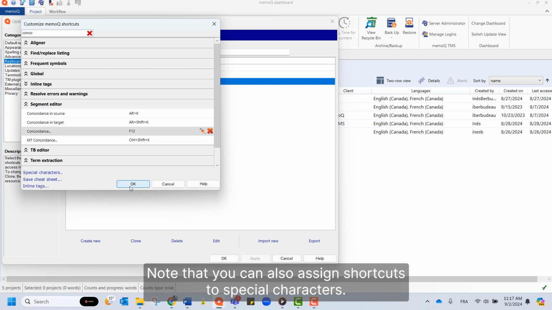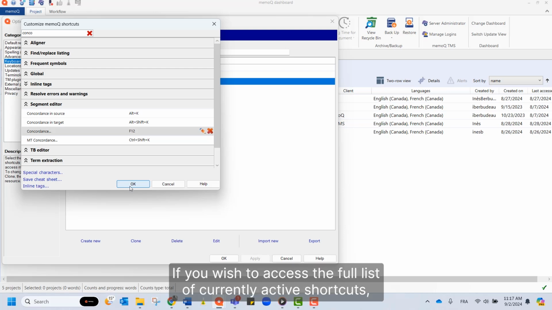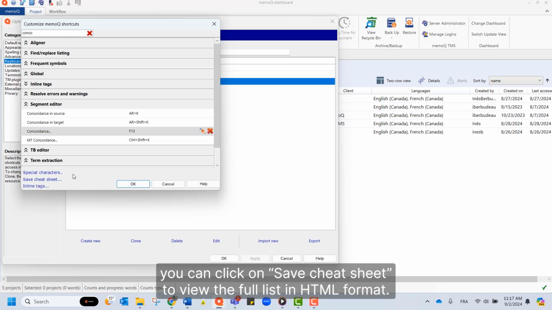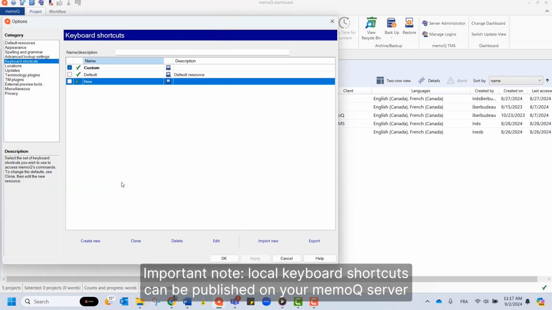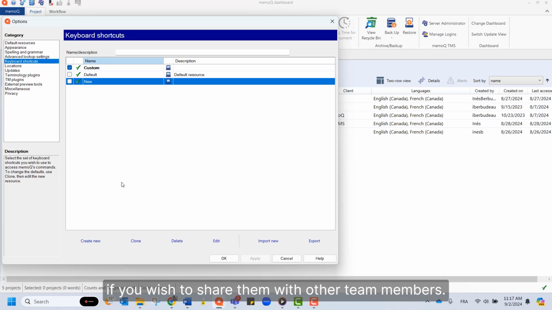Note that you can also assign shortcuts to special characters. If you wish to access the full list of currently active shortcuts, you can click on Save Cheat Sheet to view the full list in HTML format. Important note, local keyboard shortcuts can be published on your memoQ server if you wish to share them with other